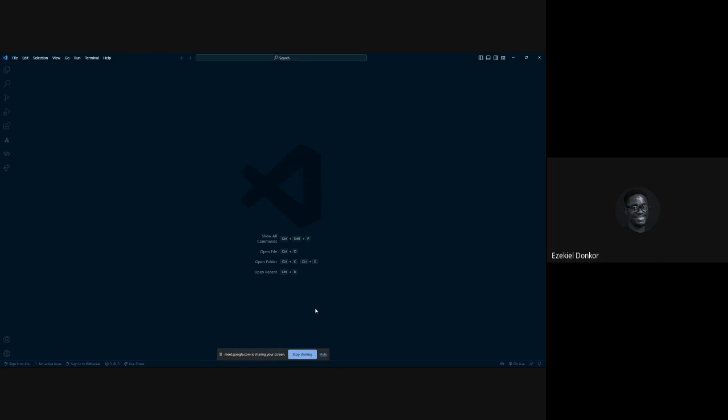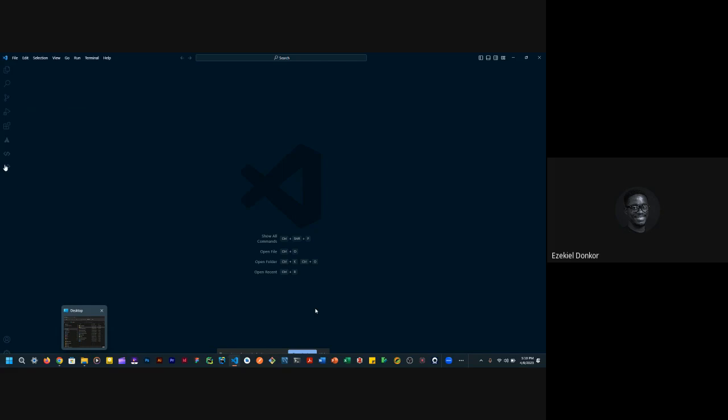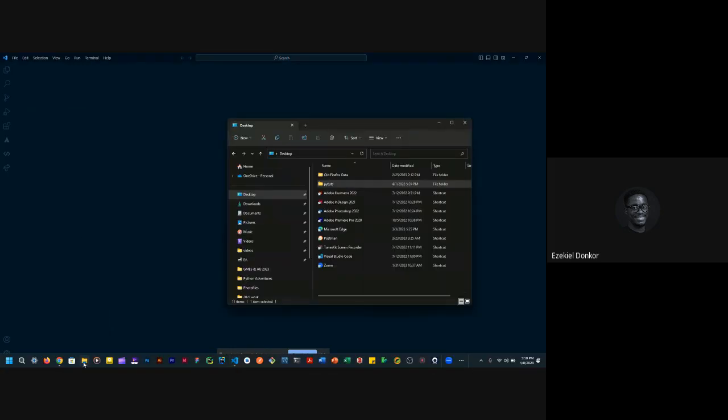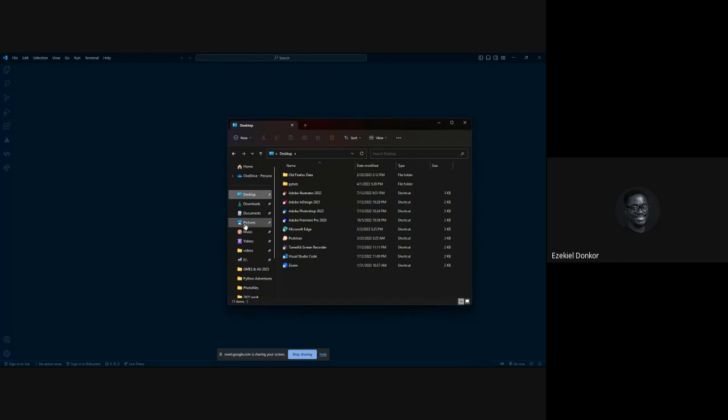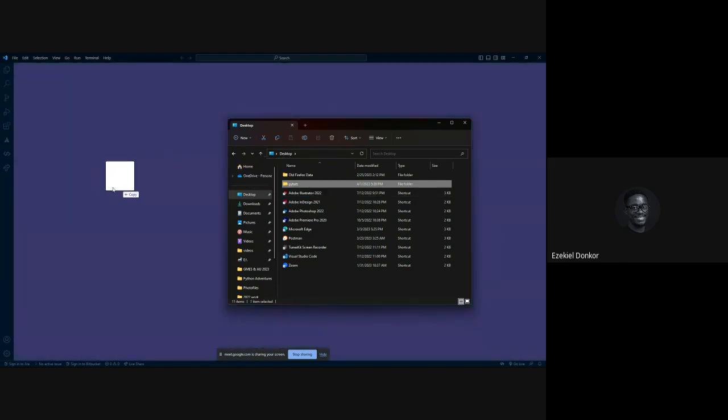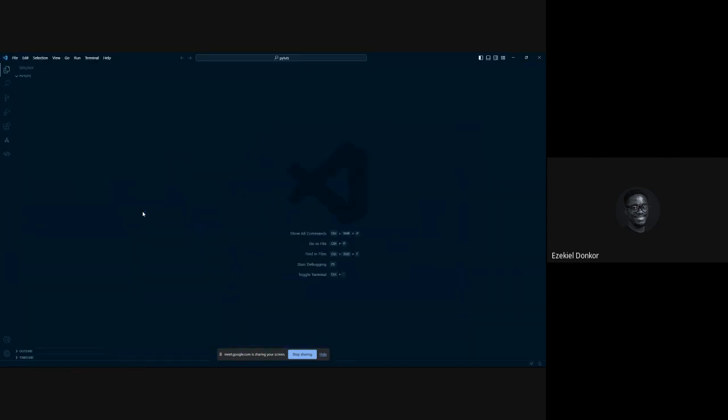Okay, so again, you want to open VS Code. You can open your file explorer in a smaller window like this. Go to your desktop, which should be on the left hand side of your file explorer, and then double click and drag PyTools into Visual Studio Code like that and release. It should open an empty space like this for you. But if you look up here in the top left corner, right beside the files icon, you should see PyTools open there, all caps.